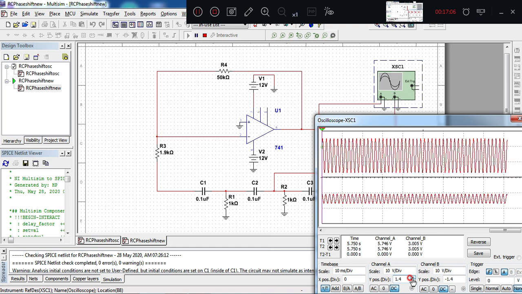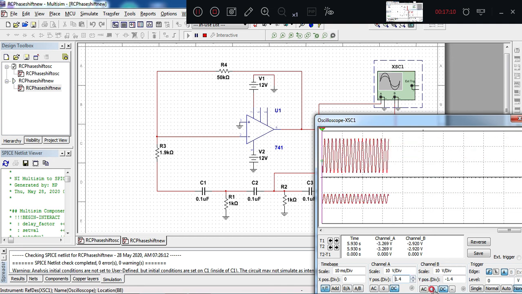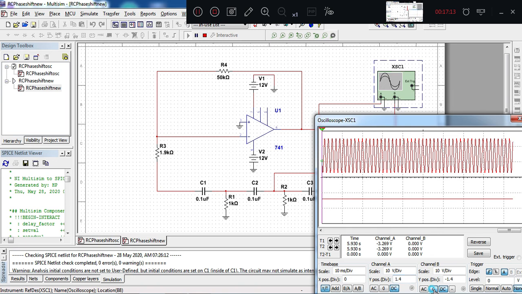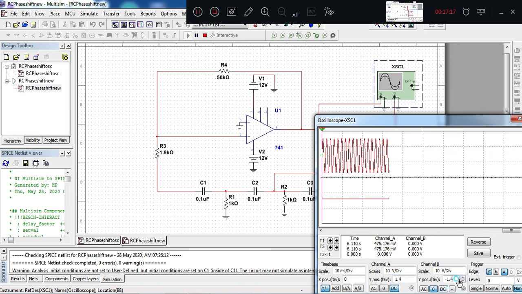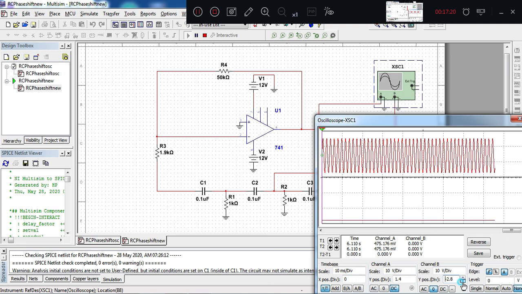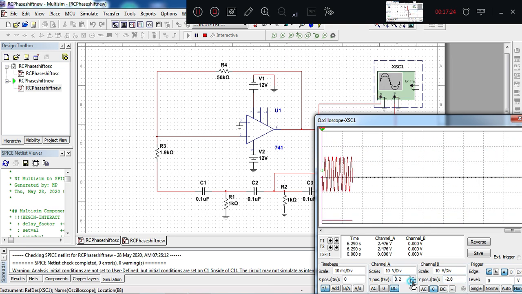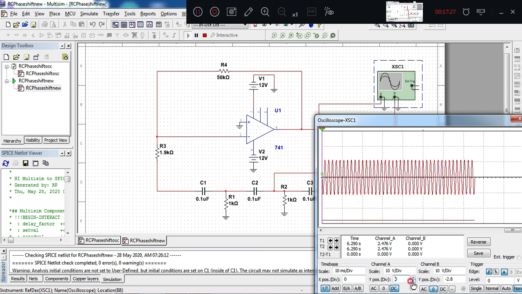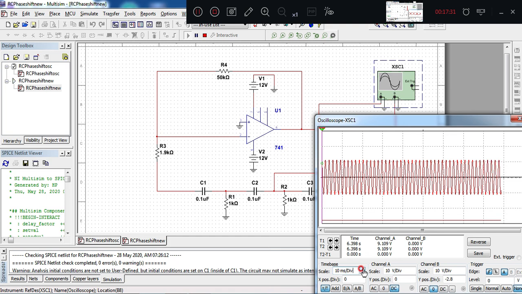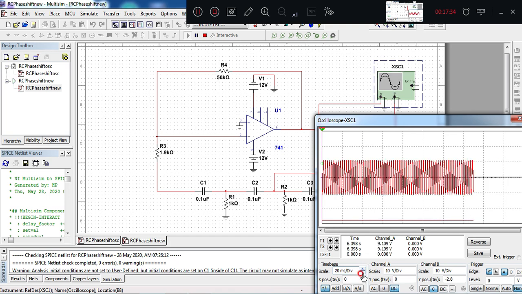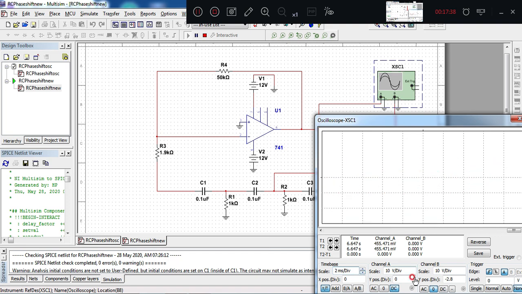Now we are interested in the output of the op amp, so we switch off the first RC section output. Now you can see we are able to get it.